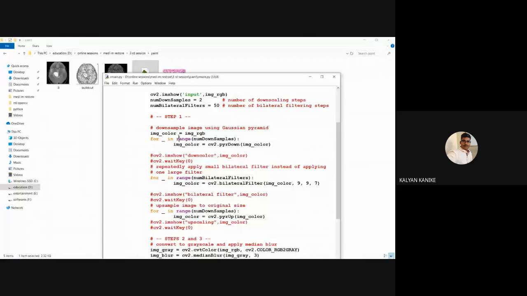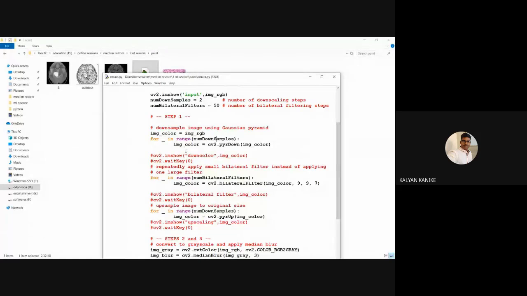Next we are using a for loop. For underscore in range, this value is going to apply for the entire image according to the down samples. Simply, this down samples information is going to apply to our image.